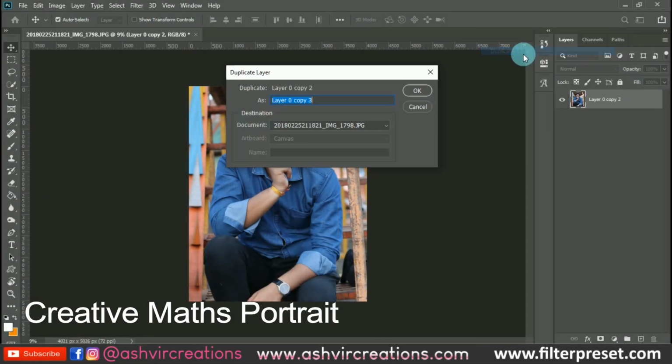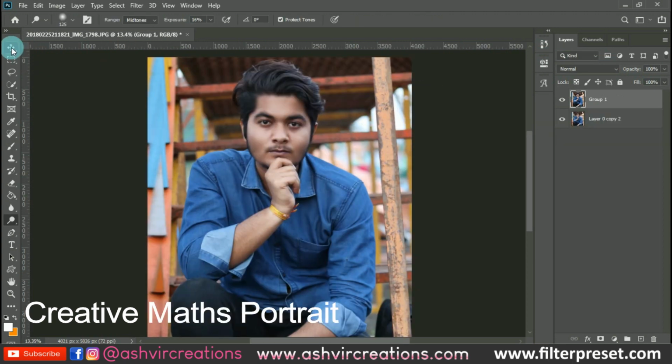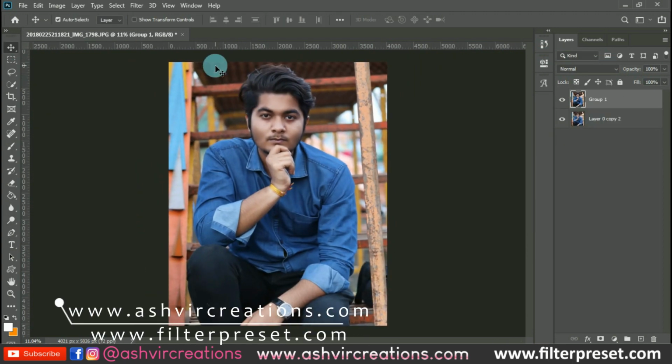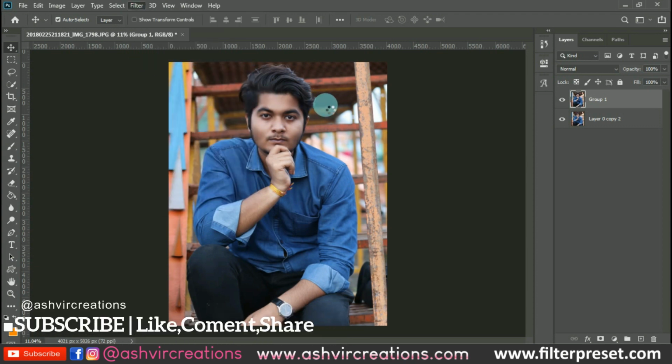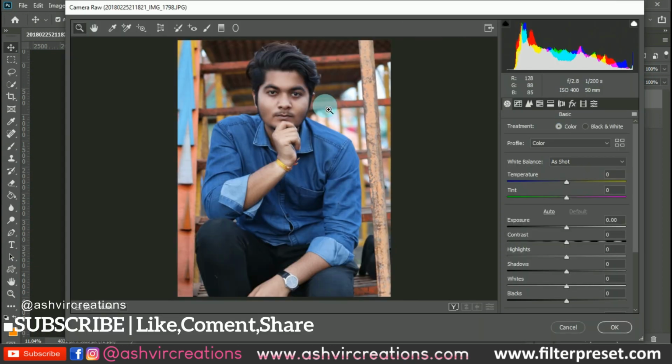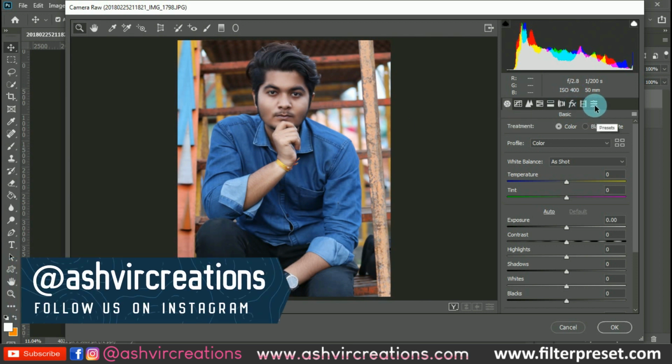So guys, we are going to create an amazing mathematic concept in this photo. First of all, we're going to make a duplicate of the photo. Then just apply the preset, that is the moody matte preset. I'll put the same link in the description of the preset which I'm going to use in this particular photo,